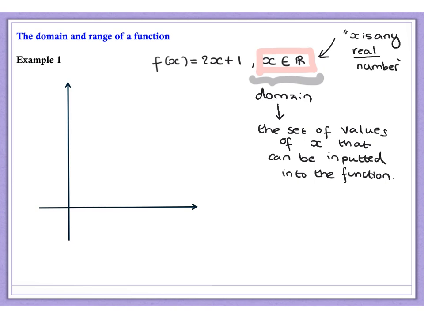We'll be talking about the concept of real numbers in more detail later on. So the domain refers to the x-axis and what we're allowing on the x-axis. So we're going to sketch our function now on this set of axes. So y equals 2x plus 1 would very simply look like this,